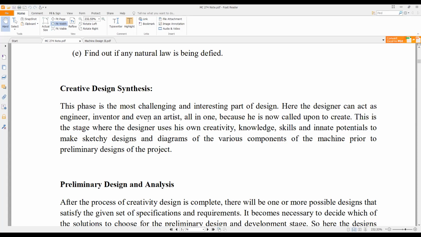Okay, this stage is where the designer uses his own creativity, his knowledge, his skills, his innate potentials to make sketchy designs and diagrams of the various components of the machine prior to preliminary designs of the project. So before you come to preliminary designs of the project, where maybe you have to do some drawings and all that, you first need to have that